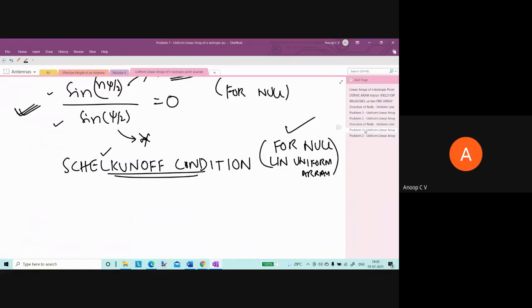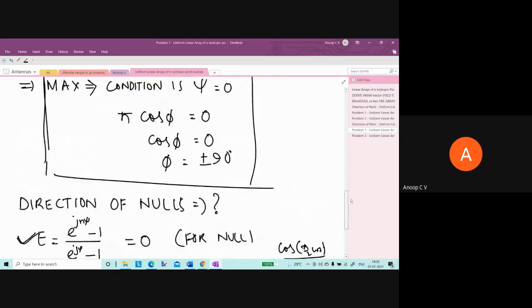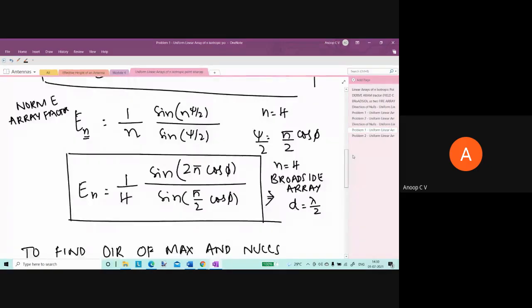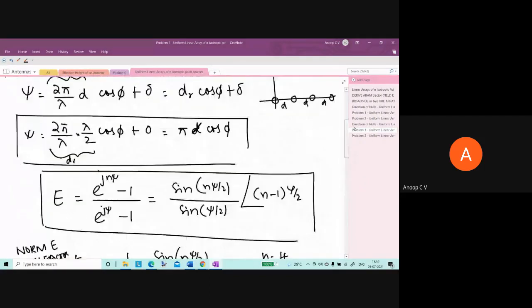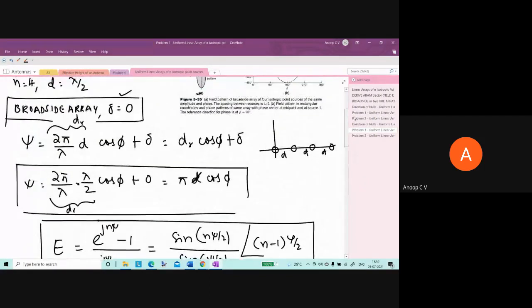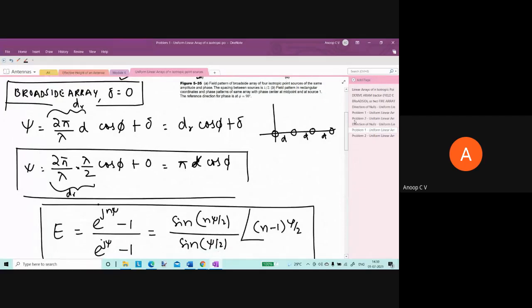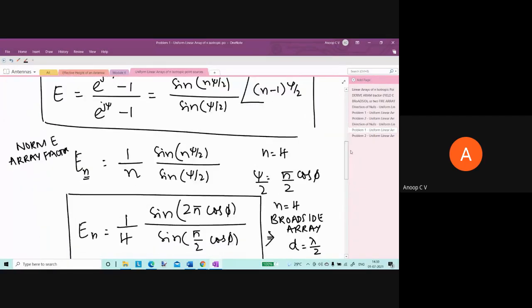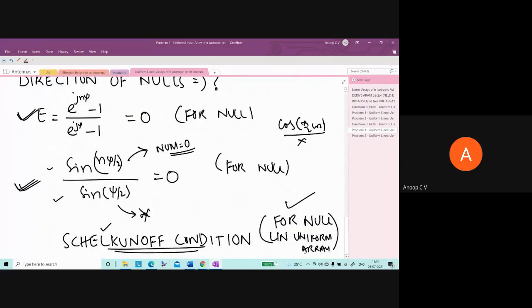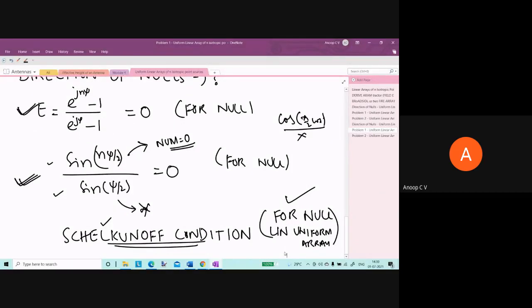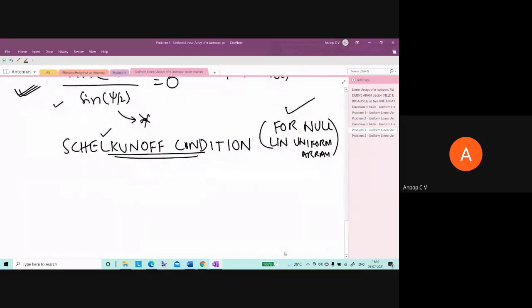Now we'll go back to our problem, right? We have to find out the condition for null. But in this case, n is equal to actually what? Our case is actually what? N is equal to 4 and psi is equal to d cos phi. So in the broadside case, I am continuing here. I am not discussing it again. So for n is equal to 4,